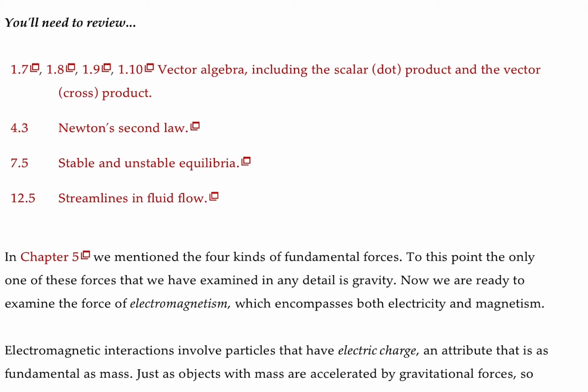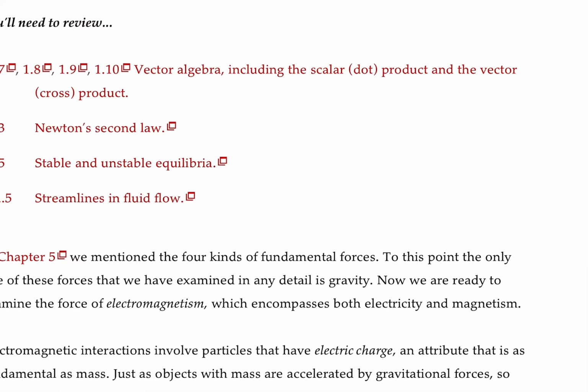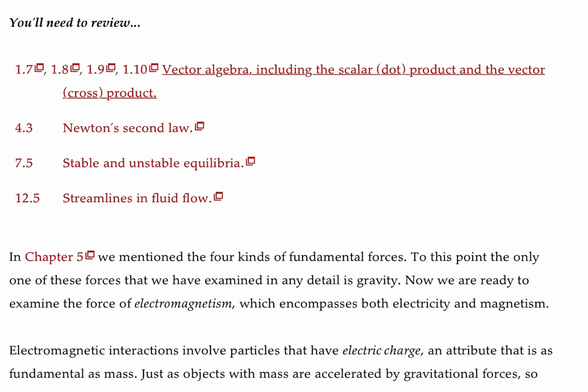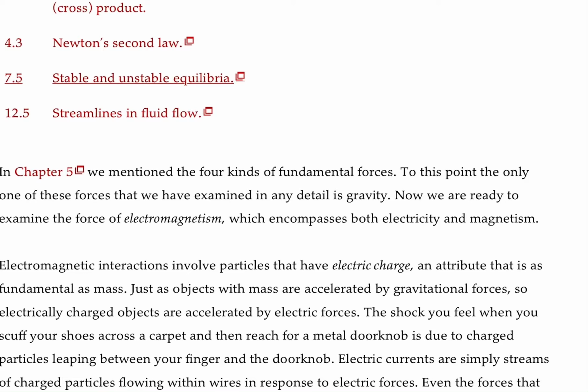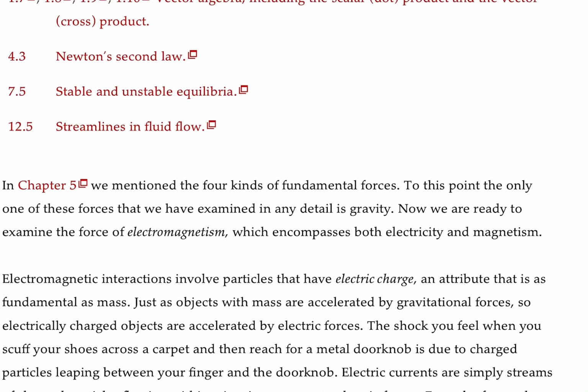So some stuff that they say we need to know already is vector algebra, including scalar dot product and the vector cross product, which, if you know the rules, is not too bad, it's doable. Newton's second law, stable and unstable equilibria, streamlines in fluid flow. I don't know what that is,